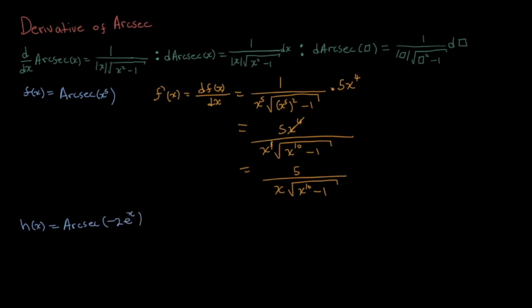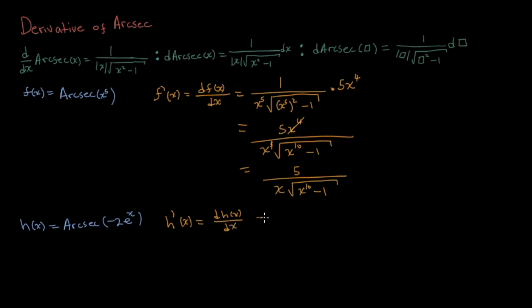How do we evaluate this derivative? Again, it's the same process. We have a slightly trickier argument here, but it's not too difficult, it's just more steps. So h prime at x, which we can also write as dh at x by dx, whichever way you want to write it, it doesn't matter,